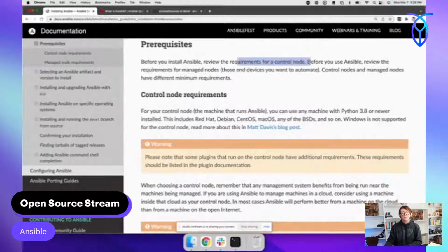Review the requirements for a control node. The control node for Ansible is the system it's installed on. The managed nodes are the end devices that you want to automate. And they have different requirements. For my control node,